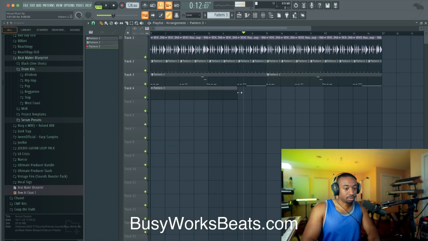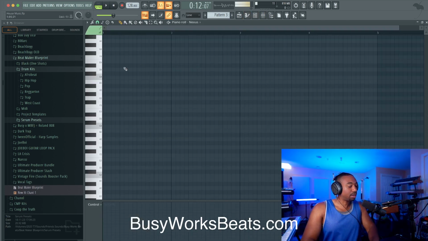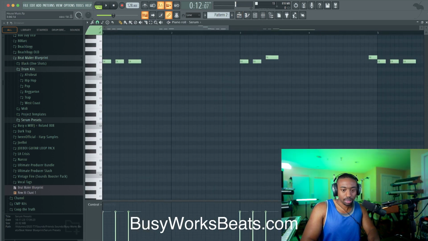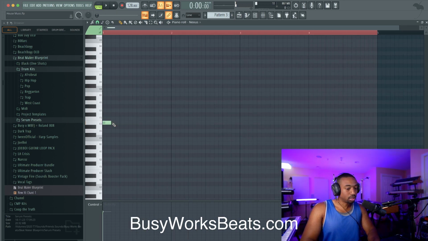Okay, so now let's add some really cool chords in here. I'm not going to get too deep into music theory, but we have a lot of options here with the chords. So firstly, you've got to find that root note. I believe the root note is E from our bass. So we're going to start at E and then move around. So let's hit Control up.